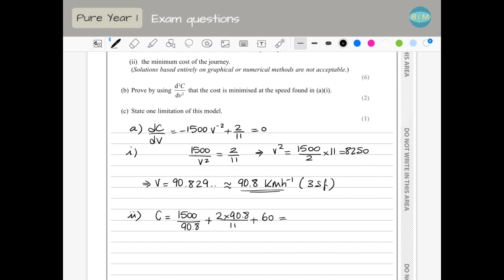And to do this, I would keep all the decimals in the calculator when I substitute here, just using ans, and you have 93.028